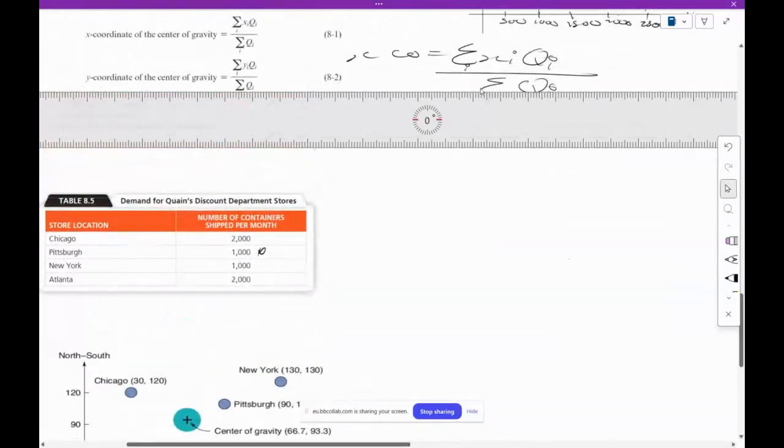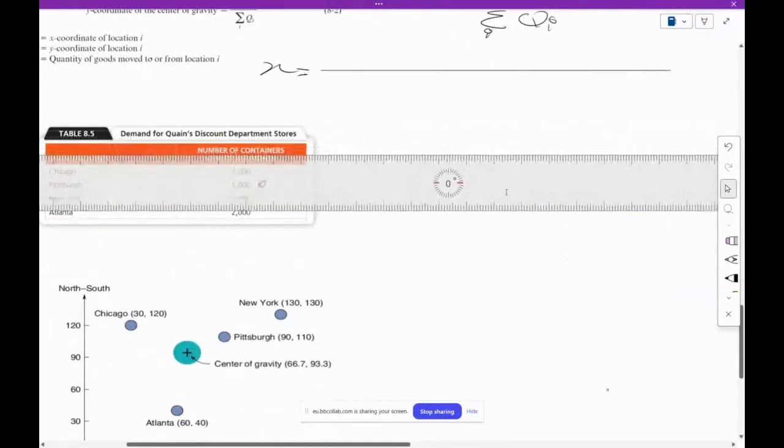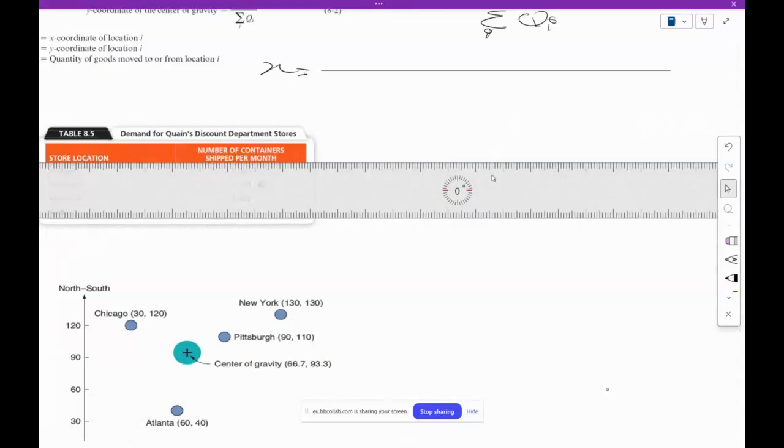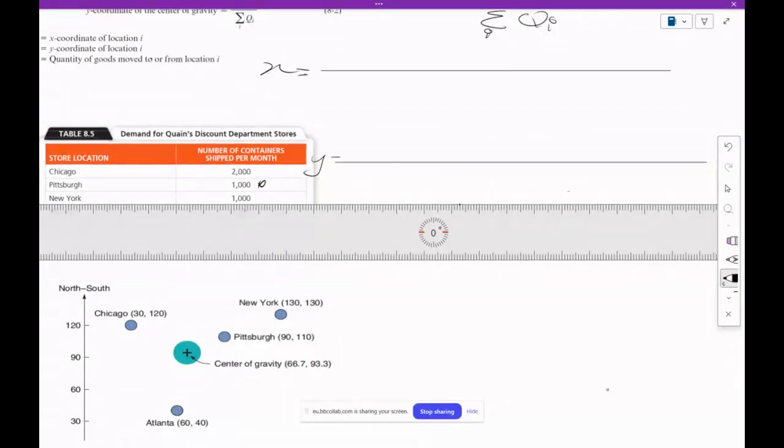Chicago goes with 30 there. Y is equals to Chicago, X 30, Y it's 120, multiplied by 2000 plus Pittsburgh is 90 multiplied by 1000, not 90, it should be different values, which is Y values. It's 110